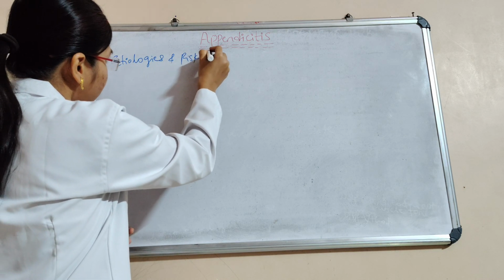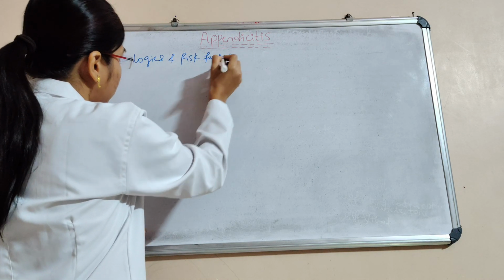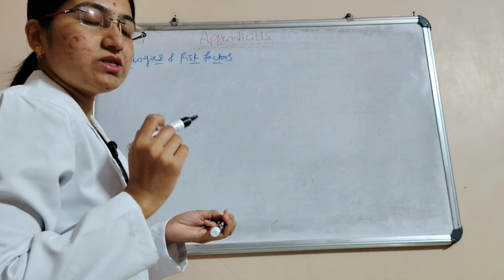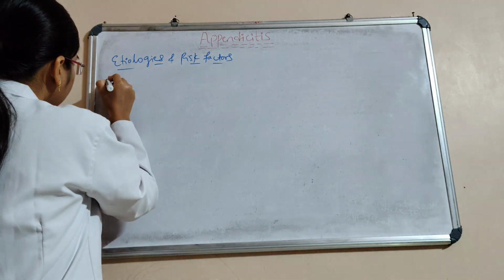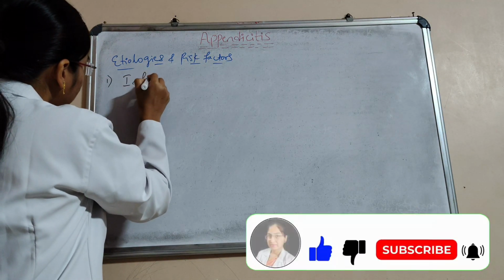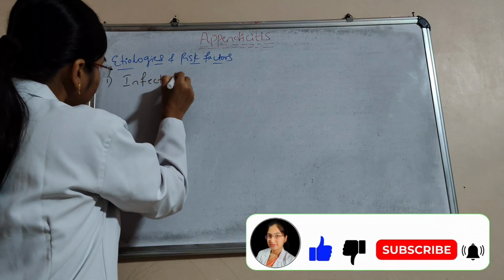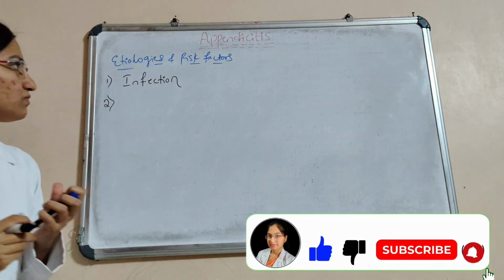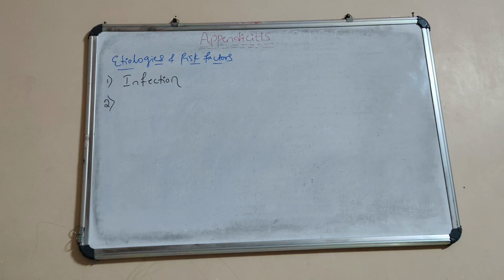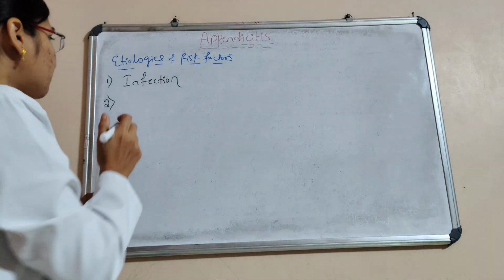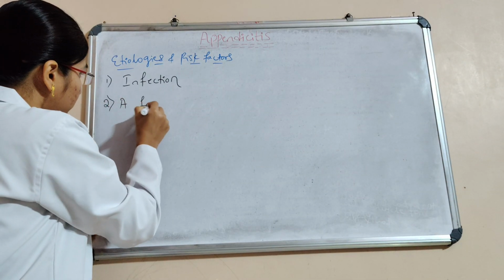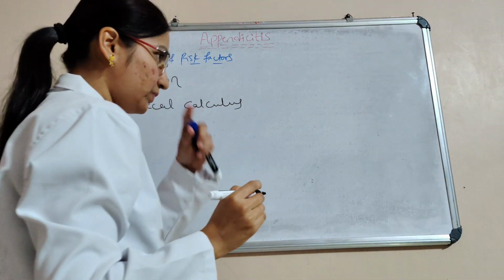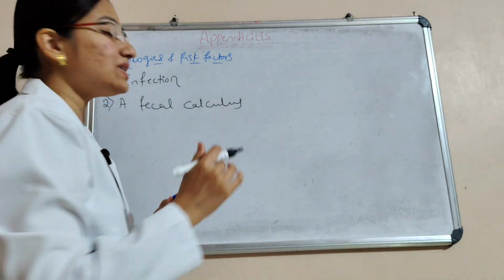Etiologies and risk factors. What are the causes and risk factors for appendicitis? We'll see. First and foremost, there will be the infection. After that, there will be the fecal calculus. Fecal calculus that occurs